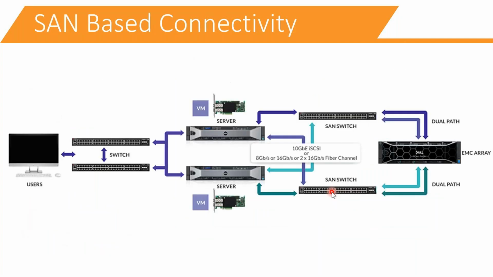Before moving to that, I still need to talk about the traditional data center. You have a server. It may be a Dell server or a Cisco server, and on top of that you have installed VMware or Microsoft Hyper-V. This server is connected to the SAN switch, which is a storage switch, and then it is connected to the storage box. You have a SAN controller, and the controller has a couple of disk shelves, and it gives you the storage. So this is how SAN-based connectivity looks.